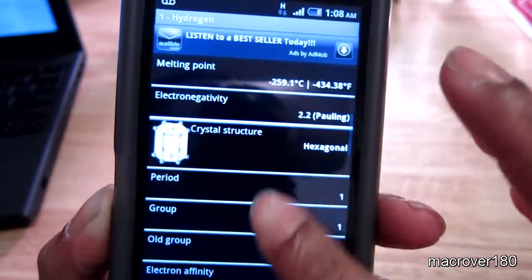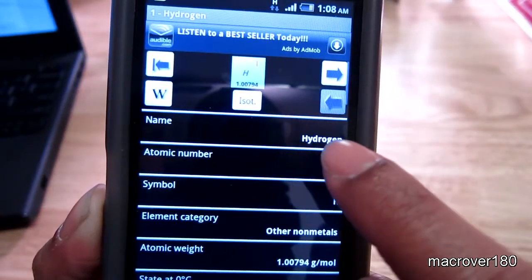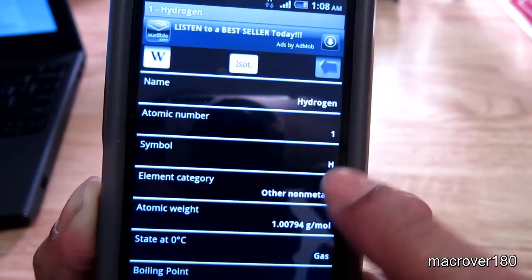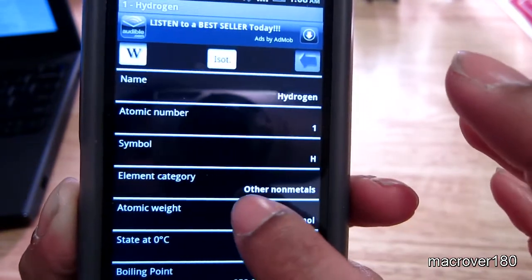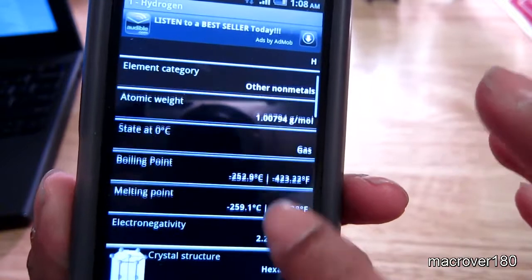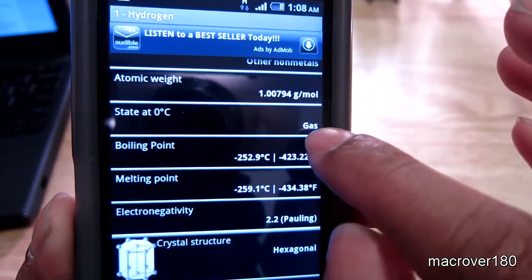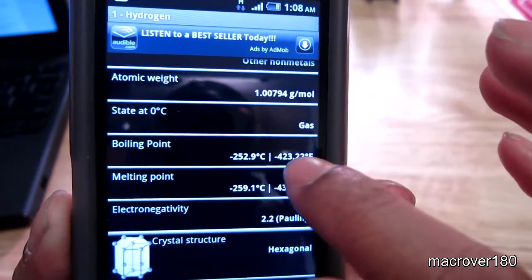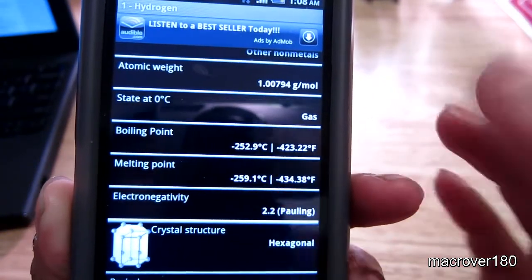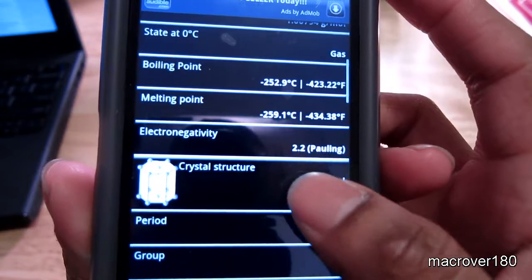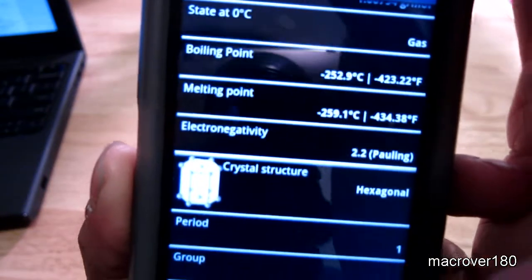So, pardon me. You have the name, the atomic number, the symbol, the element category, its atomic weight, its state at 0 degrees Celsius, which is gas, boiling point, melting point, I mean electronegativity, the crystal structure, which, let me see,